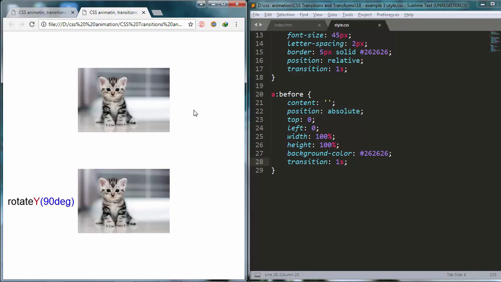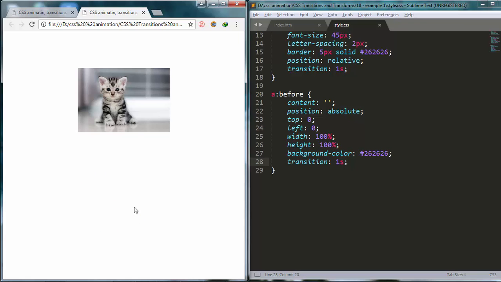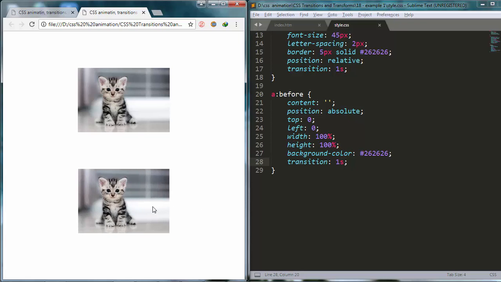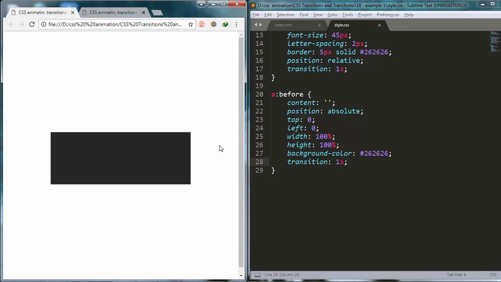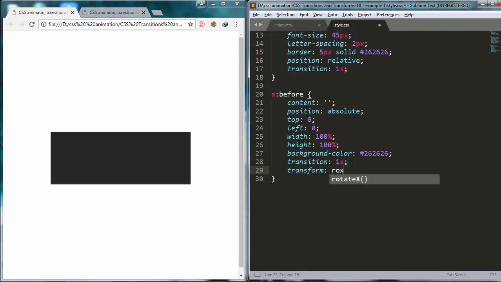And I have set the rotate Y for the second image to 90 degrees on hovering as well. So now, when I hover over it, you can see the image is rotated along the Y-axis by 90 degrees until it disappeared as well. Alright, now that we've reviewed what rotate X and rotate Y do, let's go back to our CSS. I will go right here and add rotate X 90 degrees to our pseudo element so that it'll rotate by 90 degrees and will disappear just like in the